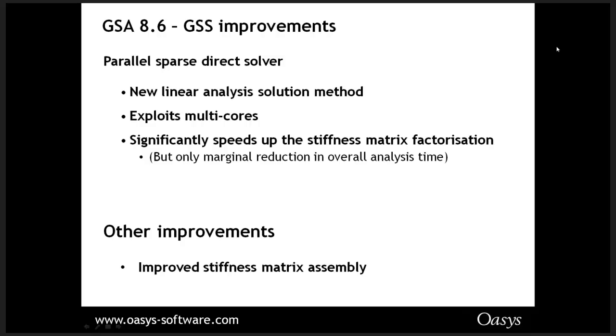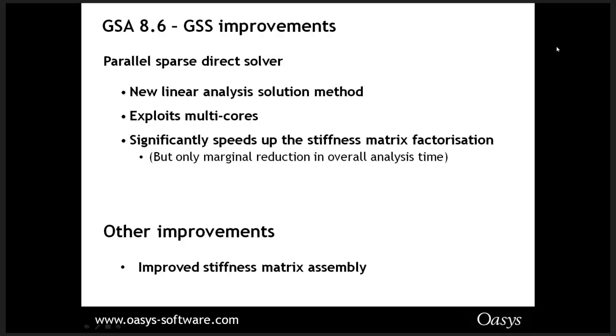Increasingly we have desktops and laptops with more than one core, and it's desirable to take advantage of the extra computing power. The new solver uses multiple cores for factorizing the stiffness matrix, and it's many times faster compared to the existing solvers in GSA